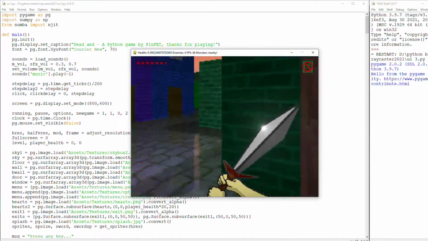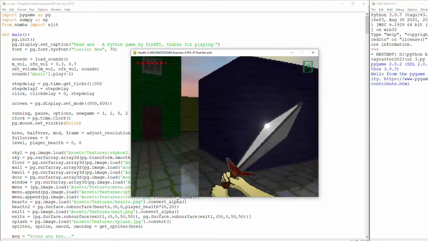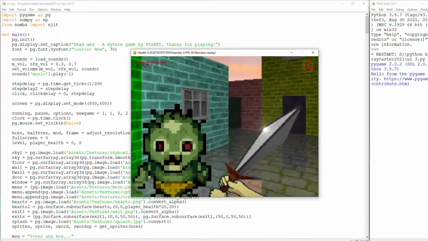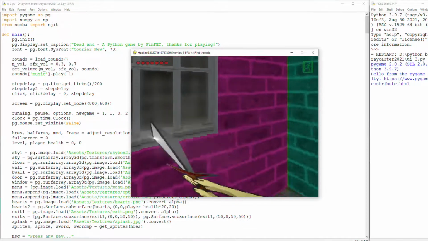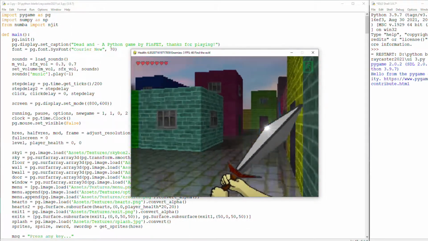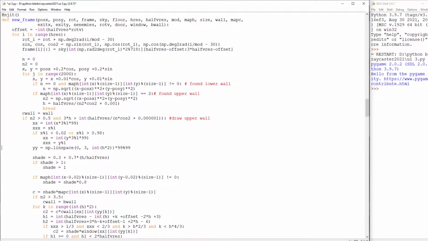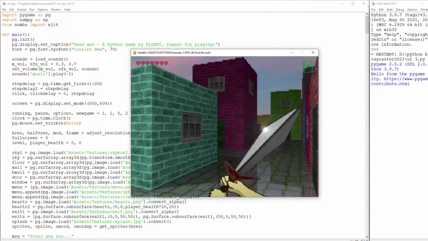I also made some improvements to the graphics. Firstly, I added a second level of blocks for some walls. So now there are houses and buildings. What's happening here is that I keep the distance from the bottom wall and keep on with the ray until I find the top wall or reach the ray limit. So first I draw the upper wall and then the lower wall, because the lower wall may hide part of